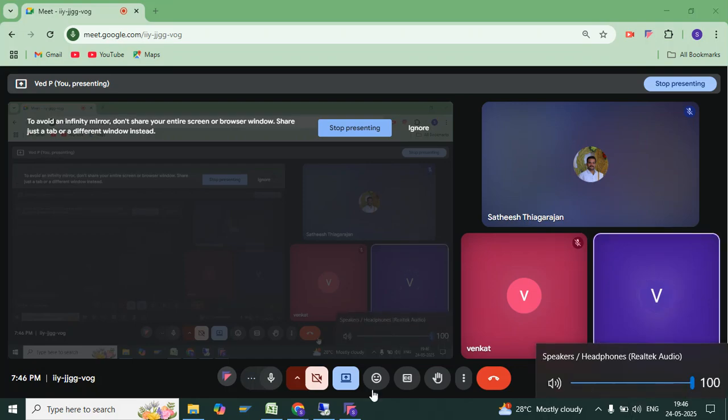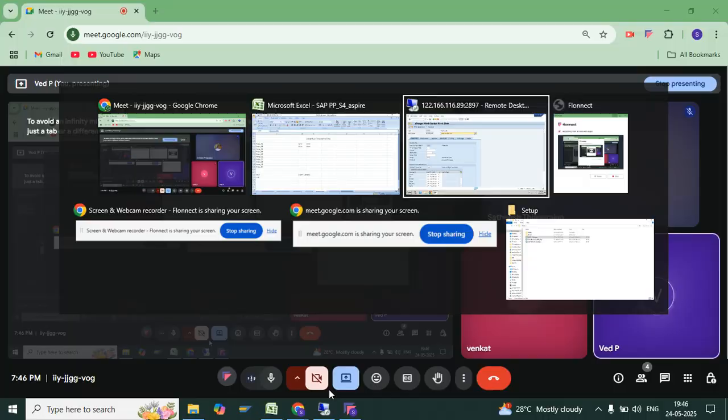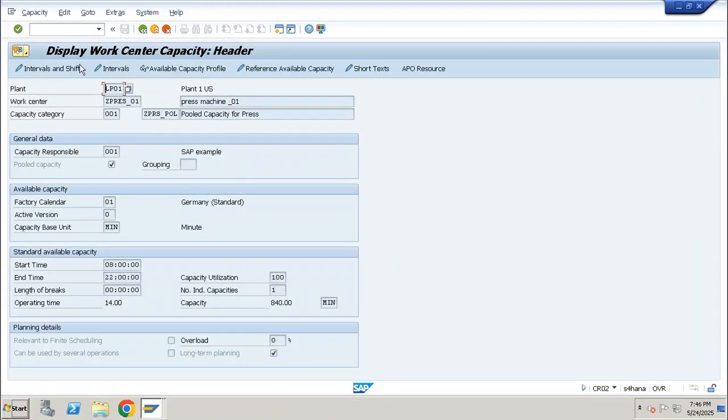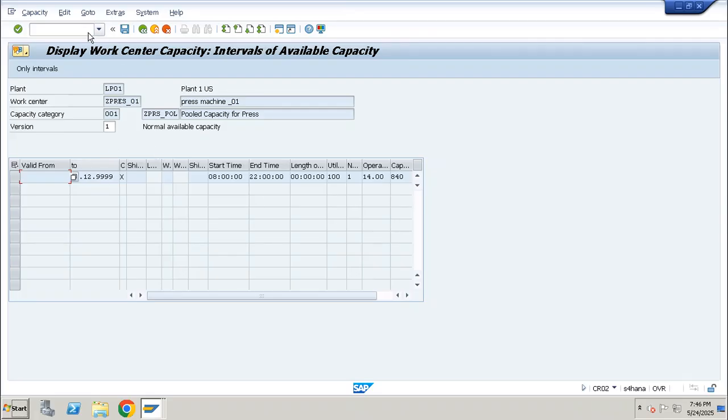Sorry. Okay, so where I was, it's a pool capacity. Now, what I am going to tell you here is that inside of that there is an interval and shift. So you can also create a capacity based on the interval. Like here, it will not work, okay, because it is completely in display mode. You can control it by